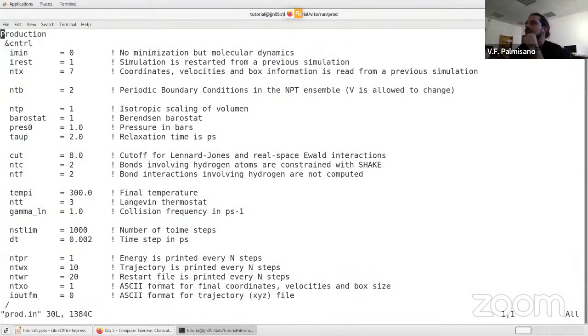So now what changed is that we have this NTB, which is now equal to 2, which means that we're in the NPT ensemble. Then we have this NTX, which before was 1, and irest equals 0, which means that now we're both reading the coordinates and also the velocities. So our restart file will actually probably have 2 steps, because we'll read also the velocities and the box information. And then those are really similar to previously, but we also have the barostat on. And this is the pressure in bar, and those are other input files for the